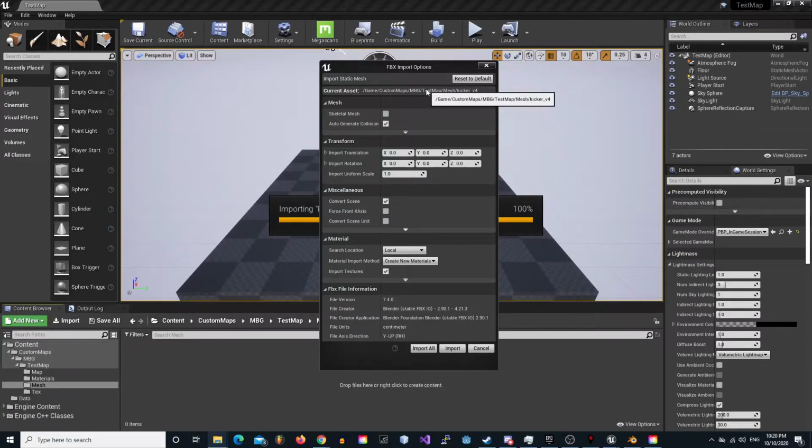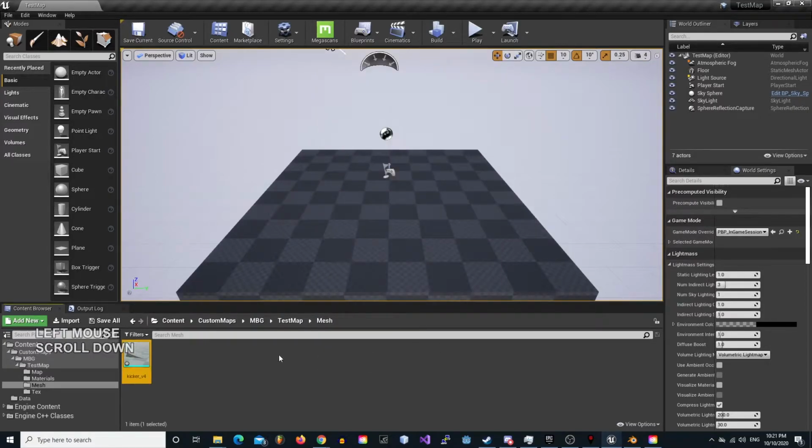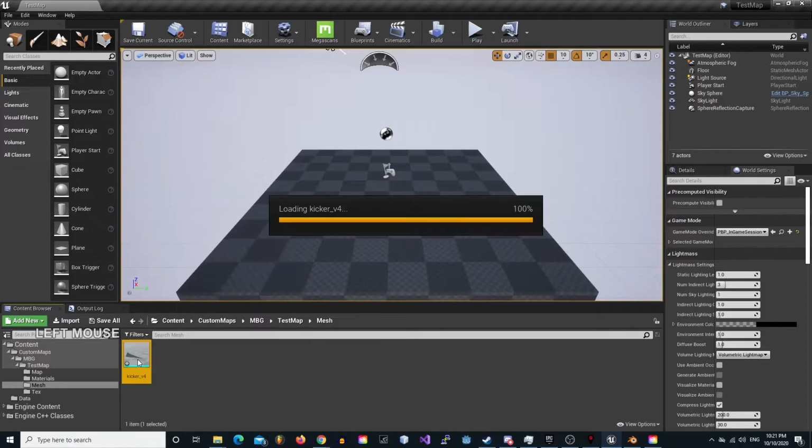In our case, we did not make custom collisions for it. If you want me to show that, I'll do that in a different video. But for this one, I just wanted to auto-generate the collision for me. I do not want to create new materials, so I'm gonna click Do Not Create, and I don't want to import textures. I don't even have textures on this one. And I'm gonna select Import. Double click on it to open it up,